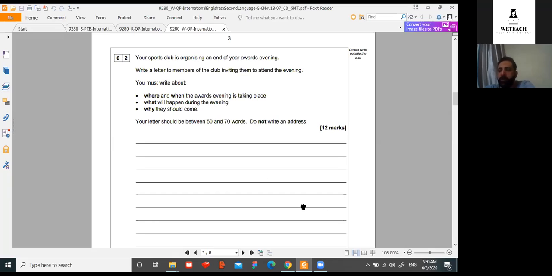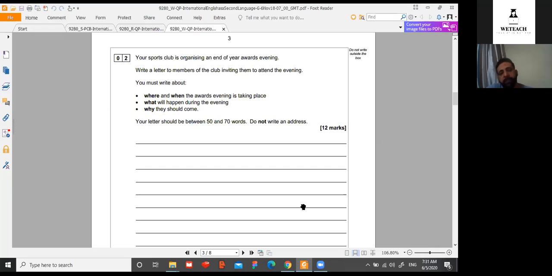Okay, what do I mean by formal or informal? If it was informal, it is for my friends, for my relatives, for my parents, for my school colleagues. This is informal type. How about a formal? A formal would be for the school principal. A formal letter would be for someone in a higher position. Okay, could be the head of the school, or the owner of a place.